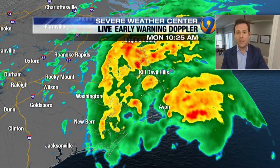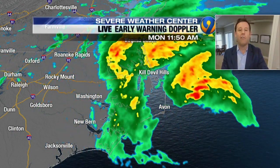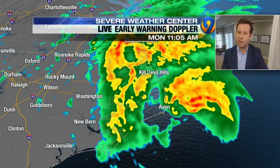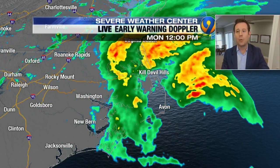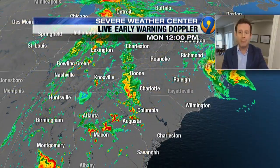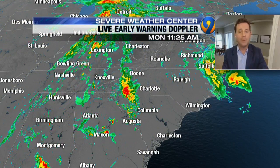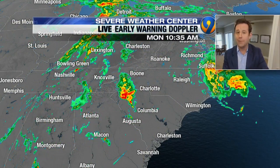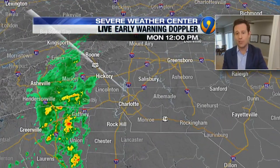First and foremost, here's Tropical Storm Arthur starting to slowly but surely move its way east off the Outer Banks. Never made landfall, was within about 25 miles, though, of Cape Hatteras early this morning. But now the rains are starting to ease up and conditions will improve greatly through the day. But notice out to the west, there's a lot more rain bubbling up in Georgia, the upstate of South Carolina, the western mountains, and all of that is heading our direction today as a slow-moving storm system is going to